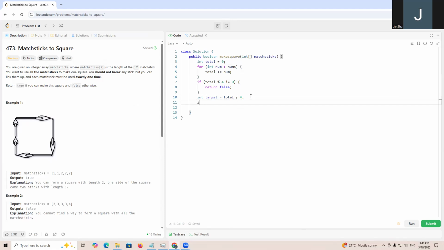So we also need a boolean used array equals new boolean. And Arrays.sort we use to dedupe. So we just return DFS nums, k, target,